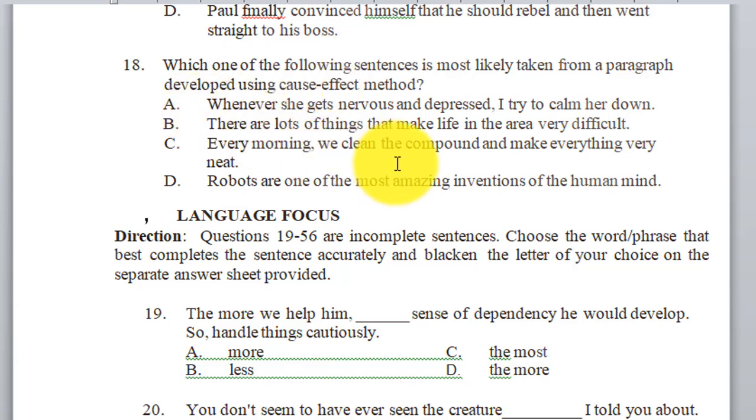There are a lot of things that make life in the area difficult. Yeah, what makes life in the area difficult? There is something hidden. For example, what makes life in this area difficult? What are the causes? What are the causes? The first one is expensive or rocketing prices of goods and merchandise, problems of rocketing cost of renting a house, or maybe